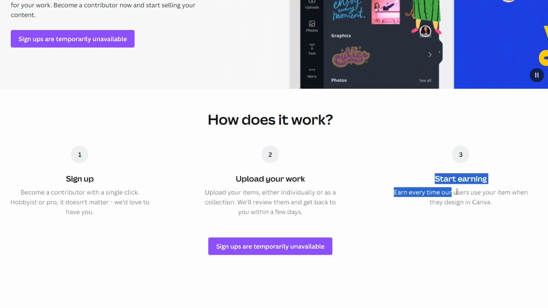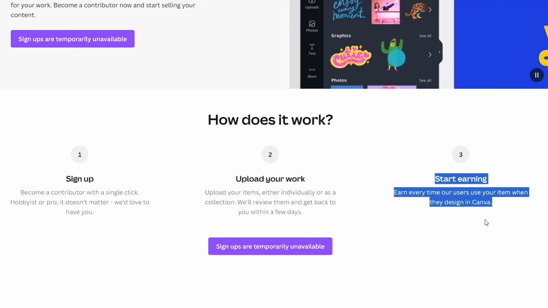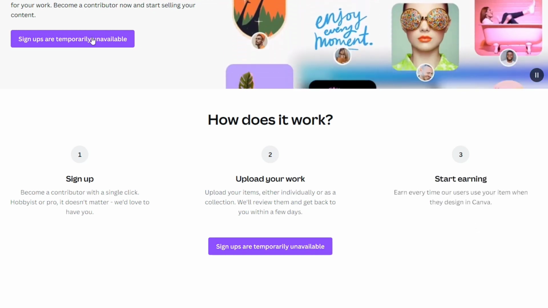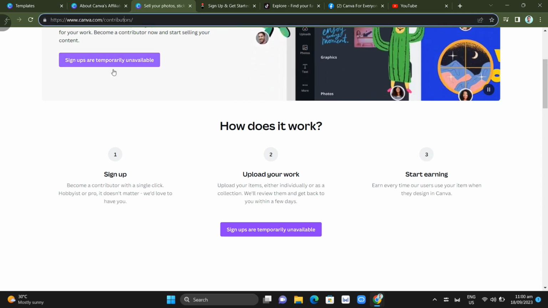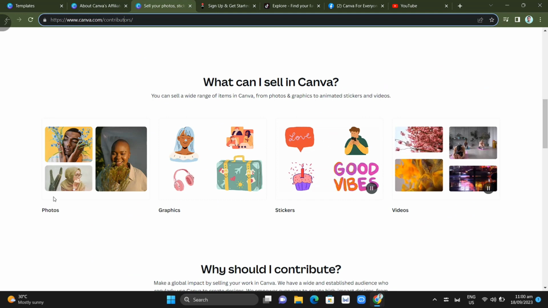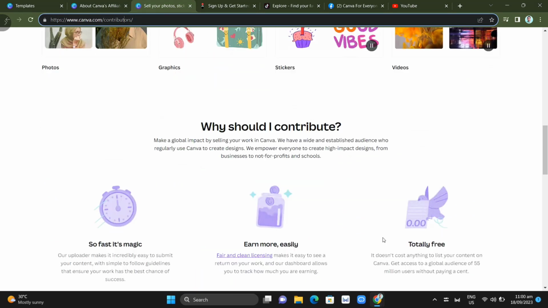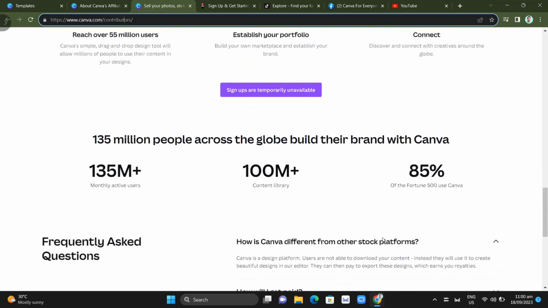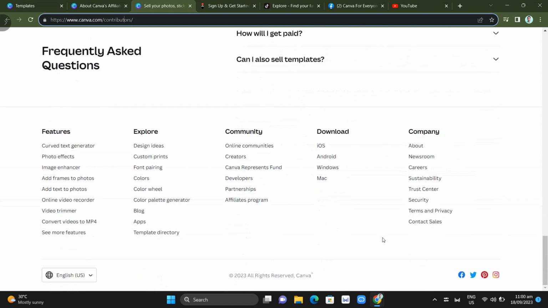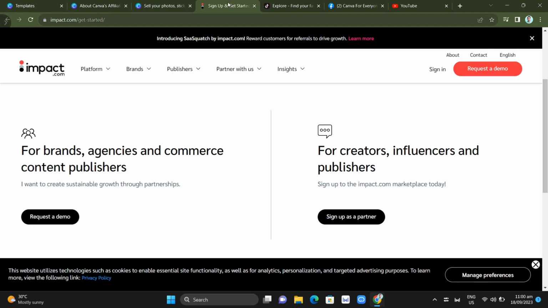Then the third step here is start earning. Earn every time our users use your item when they design in Canva. So you can just sign up here and you can join these Canva contributors. And as you can see, what can I sell in Canva? You can sell photos, graphics, stickers, or some videos. So you have another option here to earn money as a Canva contributor. So you can check this out and you can go here on this website and you can learn about this